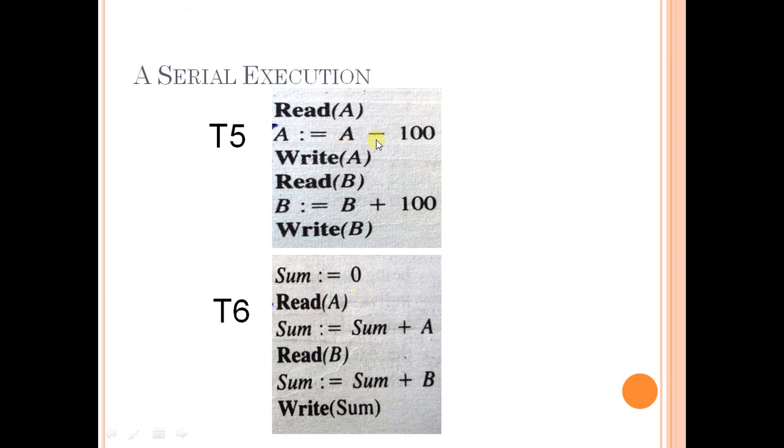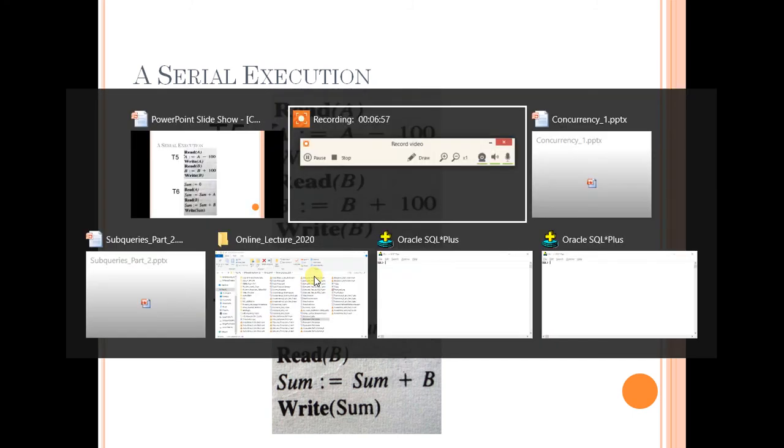However, again coming to the same point, if we execute these transactions in serial order, then the system throughput will be very low, because other transactions which are coming behind will have to wait for long. So what we want is that some instructions of this transaction are executed and some of that one, so that both get some time of the CPU. However, if this mixing is not controlled, then a lot of problems can occur.